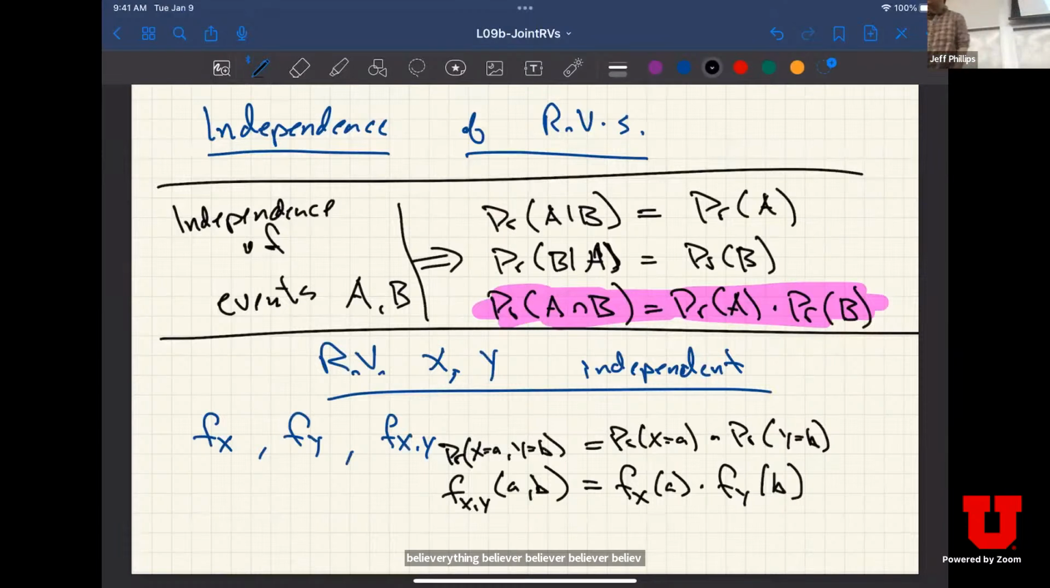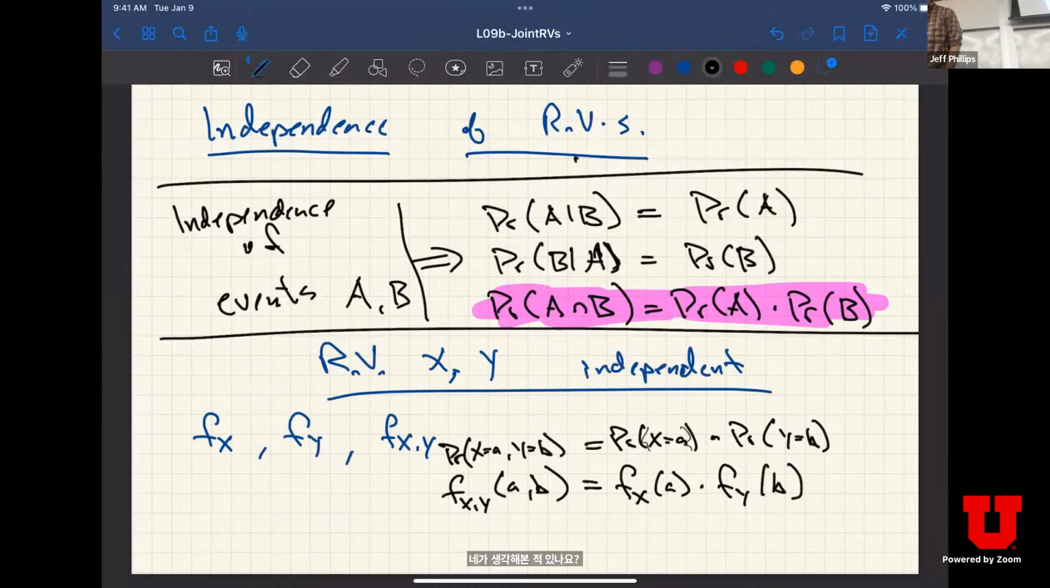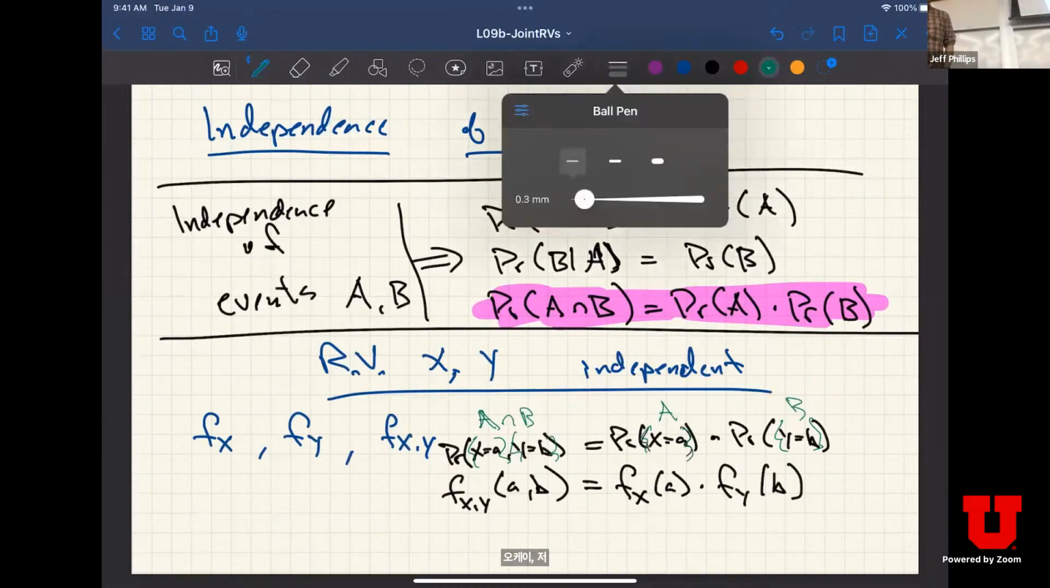These define events, and I could say that this event was called A and this event was called B. And so this was actually A intersection B, and that's equivalent to this statement. So if I have independence, this seems like the right thing to be looking for, but